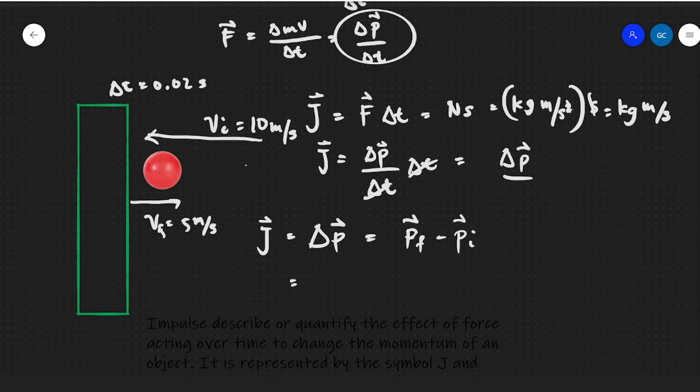So what we can do here is use the formula wherein we will have here the mass times the final velocity of the ball, minus the mass multiplied to the initial velocity of the ball. So knowing na magaan lang usually yung rubber ball natin, let's say it has a mass of 0.10 kilograms. So let's compute this. We will have here 0.10 kilograms multiplied to the final velocity, which is 10 meters per second,